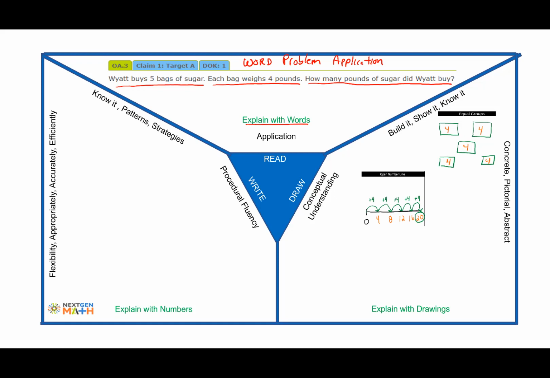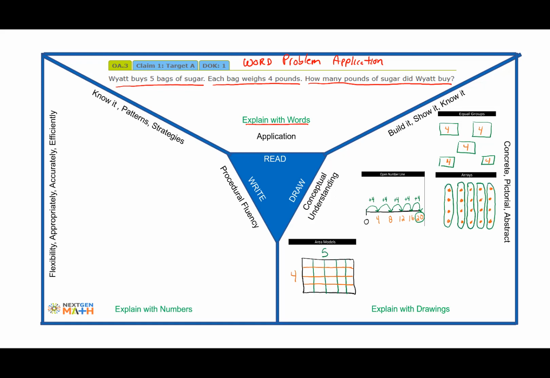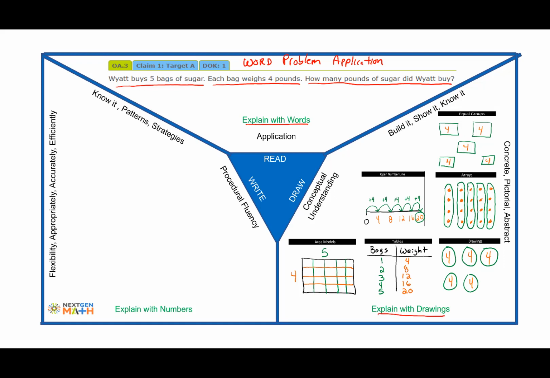Maybe an open number line, an array, area model, maybe tables, or drawings. Here's 6 different ways that we can actually solve this problem, all with this big idea that we can explain with drawings. Next, once we understand our conceptual understanding, we now move to procedural fluency, which is on the